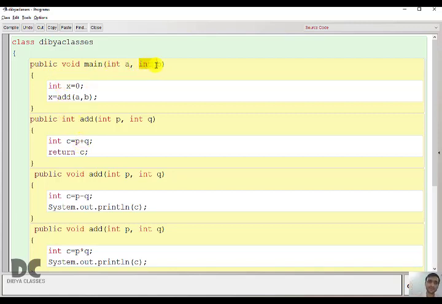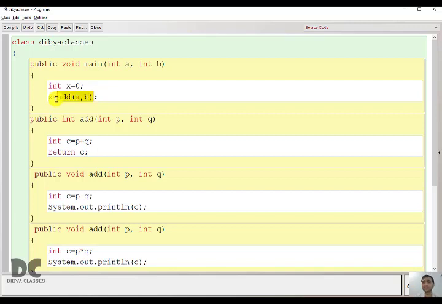So what happens? The client gives two values. Okay, this is the main function. The value, this is a parameter input. For example, I gave 5 and 10. Then I called the function add and gave it the values 5 and 10. 5 was stored in P and 10 was stored in Q. The function add then calculated the value and returned it, and it will return automatically to where it was called.